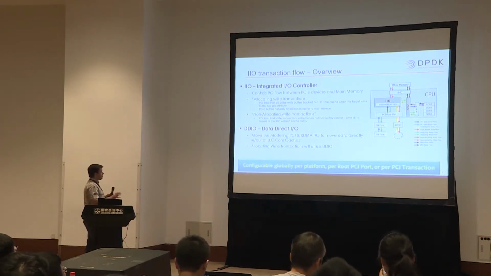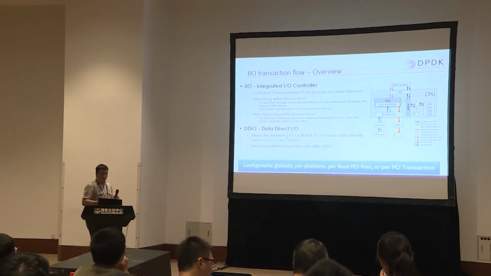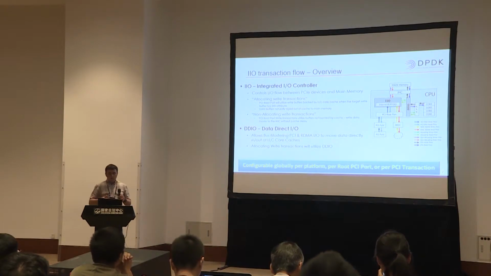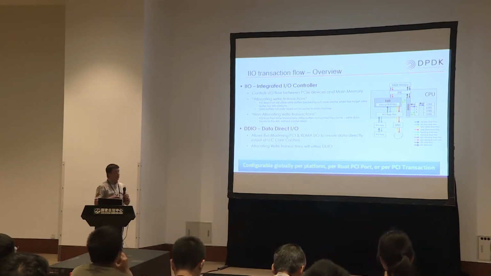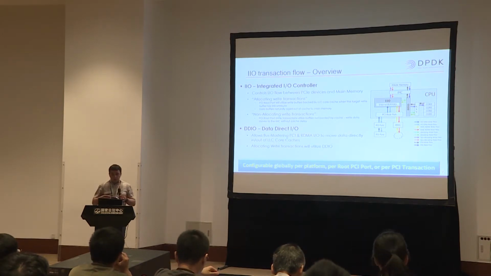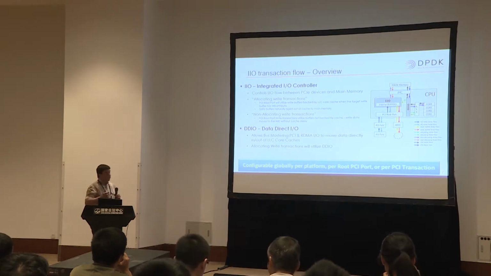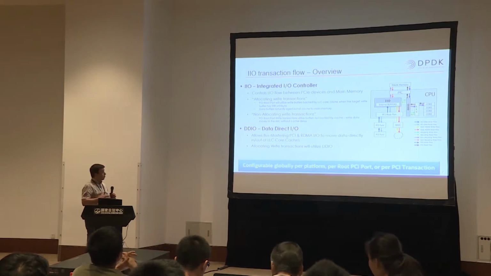Well, a few more words about allocating and non-allocating flows. The allocating flow is what we call the Data Direct I/O feature, because we are depositing I/O generated traffic into the last level cache. And it's immediately accessible to the cores that may want to access that data within a reasonable amount of time. And actually, there is careful management to prevent cache pollution, which implies that we can allow this to happen only for certain I/O traffic.